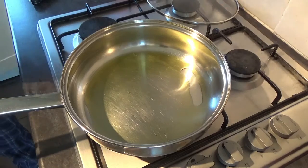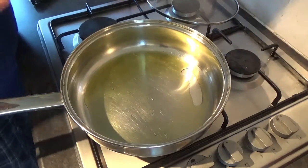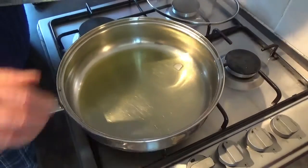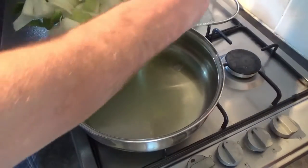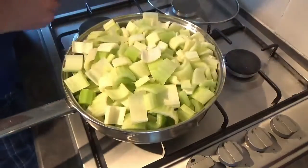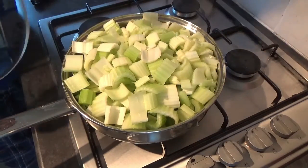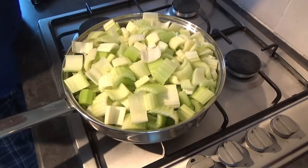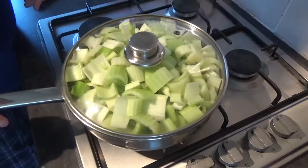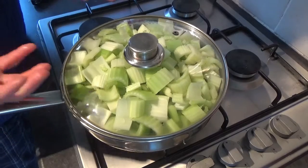With your veg all washed, chopped and prepared, it's time to heat a good glug of oil up into a pan, and then it's in with your veg. It looks a lot, and it is, but as it heats through it'll stew down. So into there, on with the lid, and give that 5 or 10 minutes, as I said, just to heat